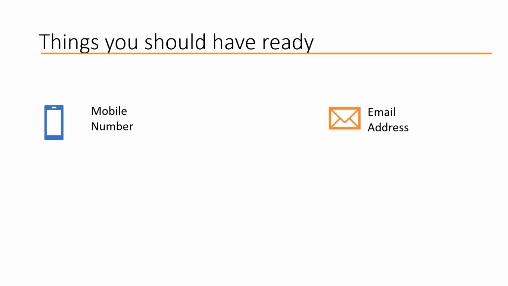I am very sure that all of you are already having at least one email address. All of you are Android users or iPhone users, so you will be having a Gmail account. So that Gmail address can be given here. Please ensure that you are not forgetting the password of this email address. The Institute will be sending a lot of different communication on the given mobile number as well as this email address. So the mobile number should be as far as possible permanent, and the email address should also be permanent for the next 2-3 years.